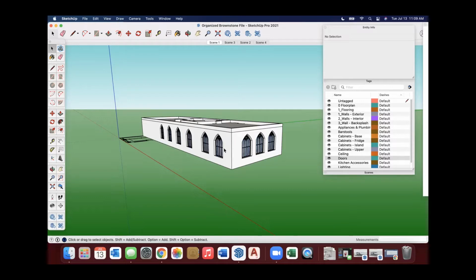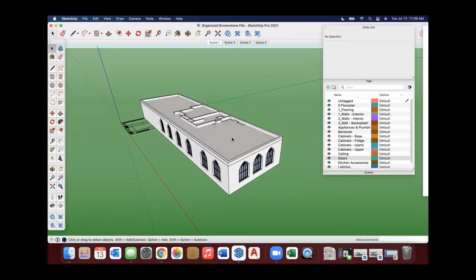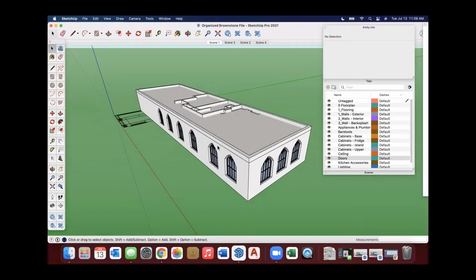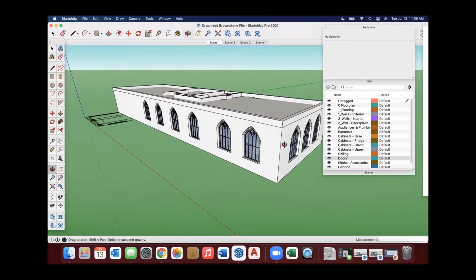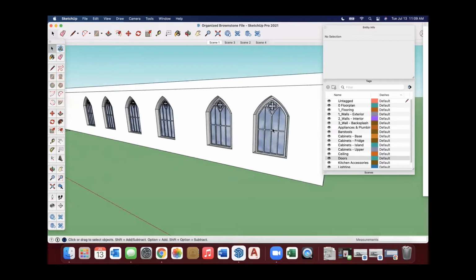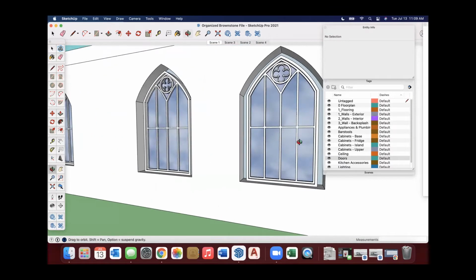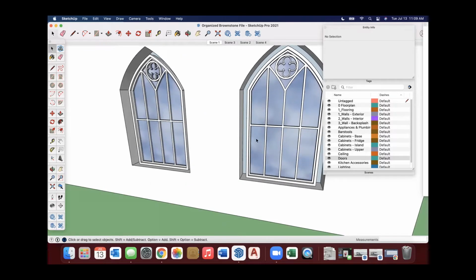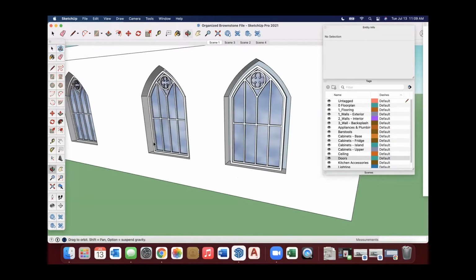So this is just a general model that I've opened up that I've had in the past. The reason I did that is because it's nice and organized. What that means is we have what we can see from the outside. Sometimes they're not pretty from the outside because maybe that's not our focus. We can see the inside, the guts of the window, but from the interior of the model, it probably looks just fine. But we're not going to be showing this part to our client.